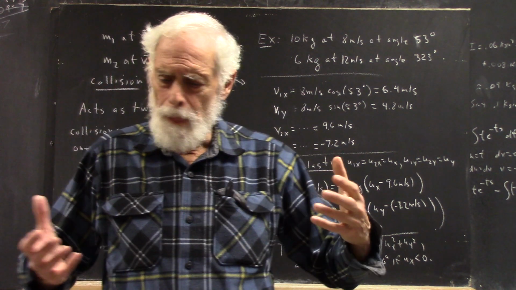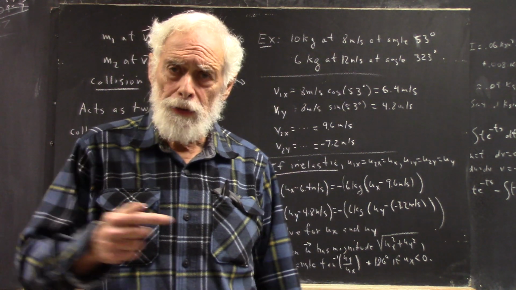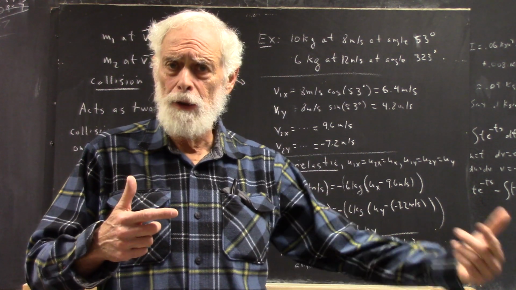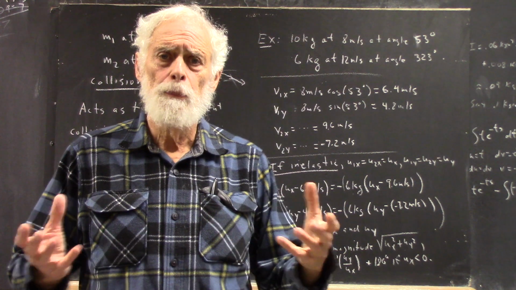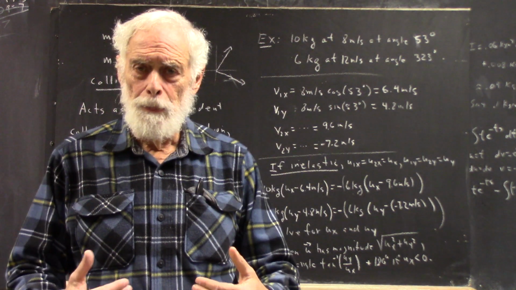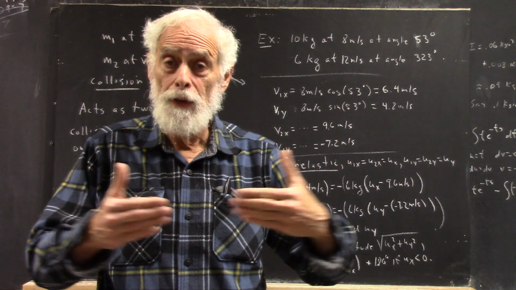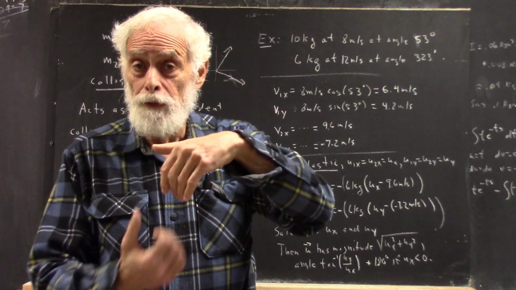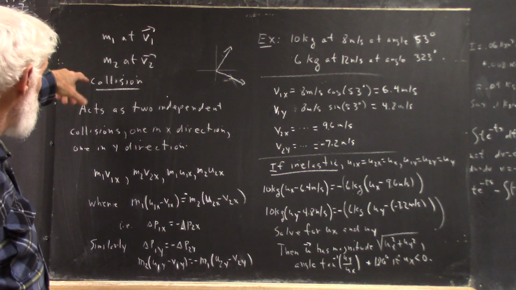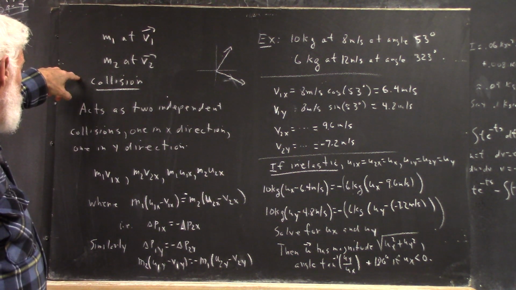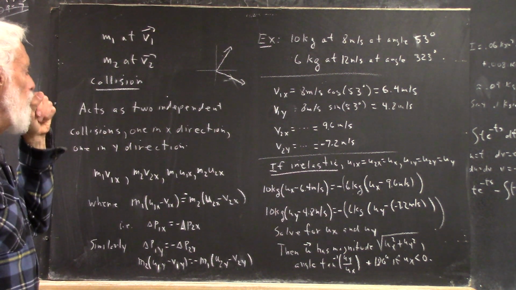That extends for objects in 2 dimensions. While momentum is a vector quantity, it has 2 components. That means the change in the x component of one object has to be equal and opposite to the change in the x component of the other. And the same for the y components. So you can break the collision into 2 independent collisions. You can treat it as just a collision of the x components of the momentum, and a collision involving the y components of the momentum. So we say the force acts as 2 independent collisions, one in the x direction, one in